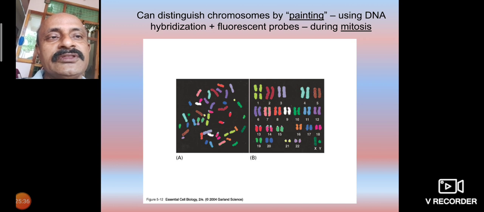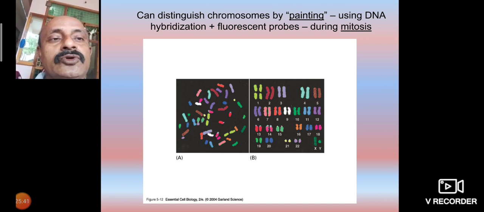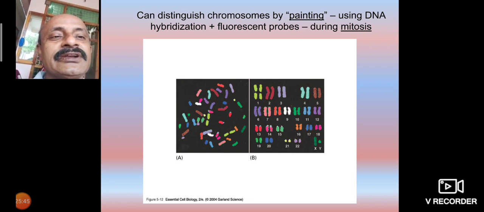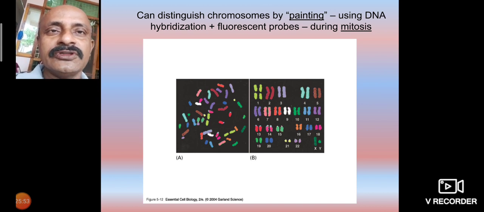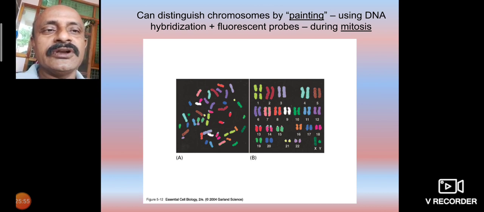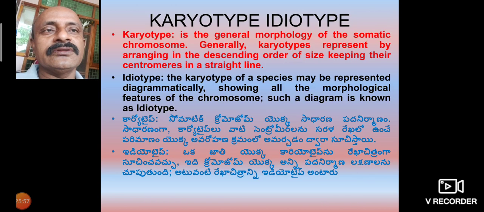First pair, second pair, third pair, fourth pair. How many sets are there in total? 22 pairs of chromosomes are here, but in the 23rd pair, X and Y are different. That is called a man. Schematically and graphically showing the karyotype and the number of chromosomes is what we do.